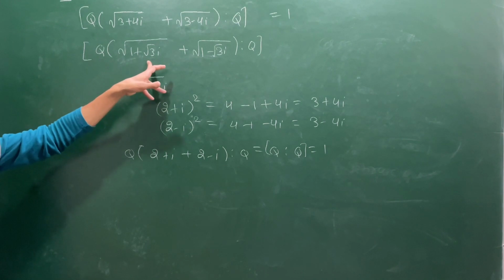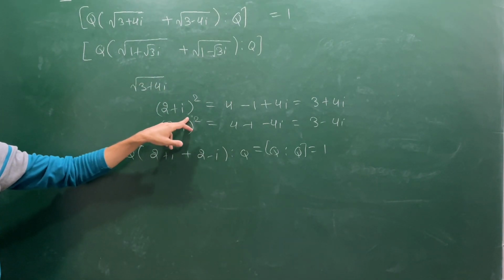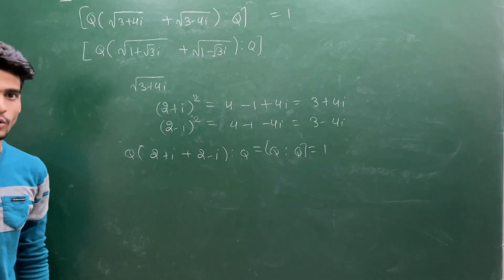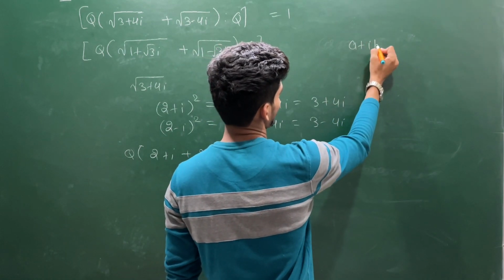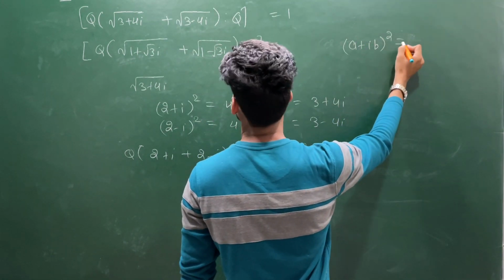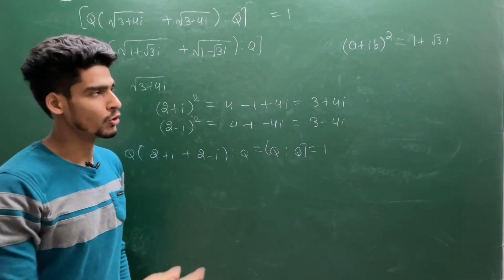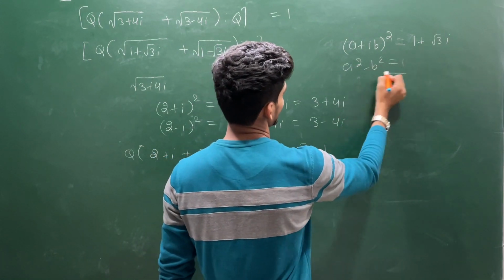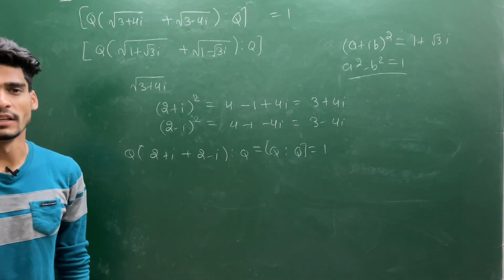And the same logic you have to use here. But the hint is, here I got the square root quickly, but here you have to write 3 or 4 lines to find the square. You have to take this format. So you are looking for an element a plus iota b whose square gives you 1 plus root 3 iota. So you compare, then you will get a square minus b square equal to 1. This equation may have infinitely many solutions, or may have more than one solution.